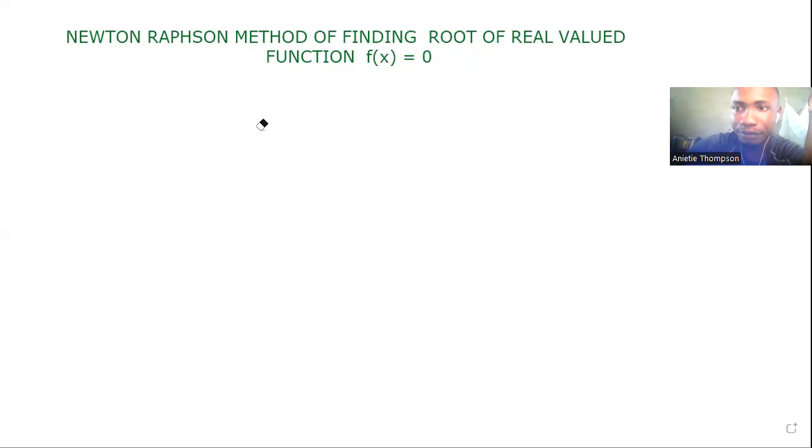So when you encounter something like that, most people feel discouraged and don't know what to do anymore. So they ignore the problem and want to move on. So in this session, I'm going to introduce one of the methods that can be used to find the root of such a function. Now, it's not as if Newton-Raphson method is the absolute or the only method. There are other methods, but this one will help you do a whole lot of good things for yourself